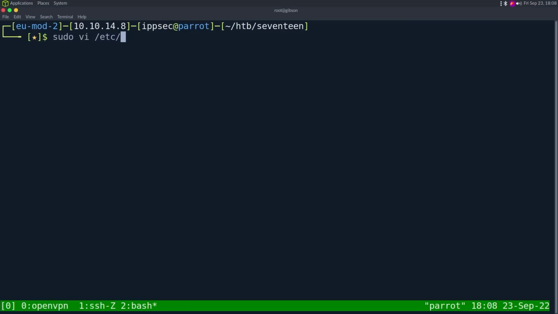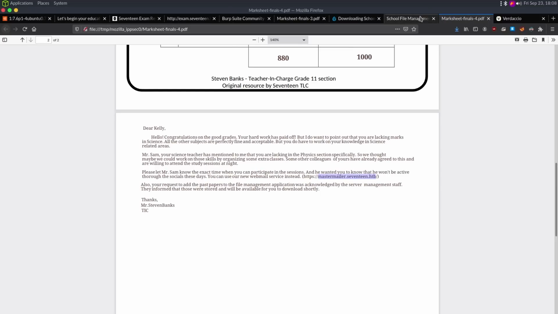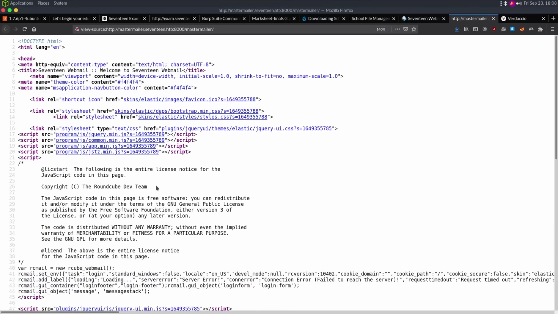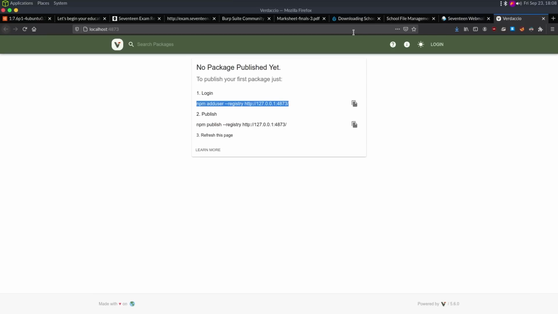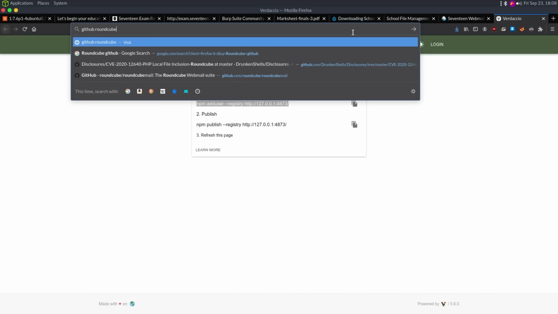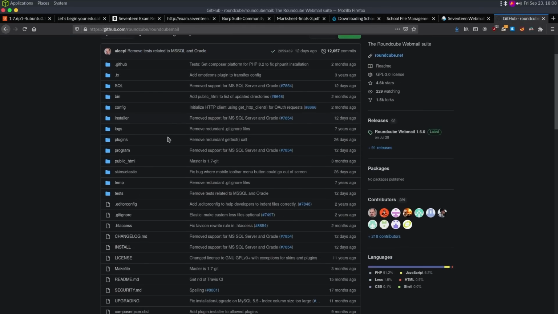So sudo vi /etc/hosts, add in mastermailer.htb, and now we can navigate there. And we get a RoundCube instance. If we don't know it's RoundCube based upon the logo, it is in the HTML source. But the main thing we want to do is figure out the version of RoundCube that is running. Now, the easiest way to do that always is just look at GitHub. So GitHub, search RoundCube, go to the source code